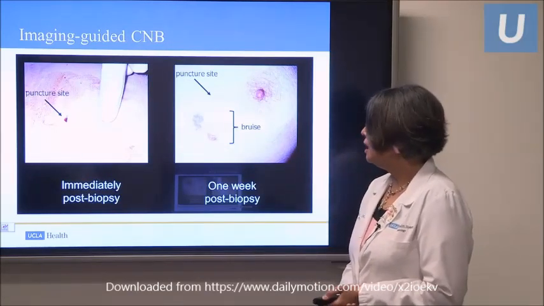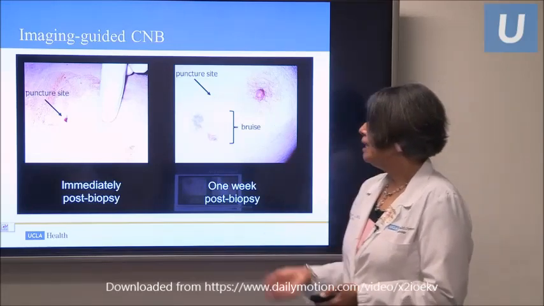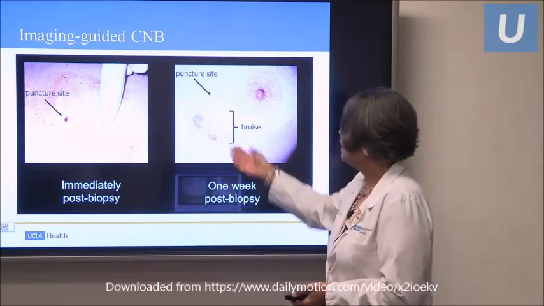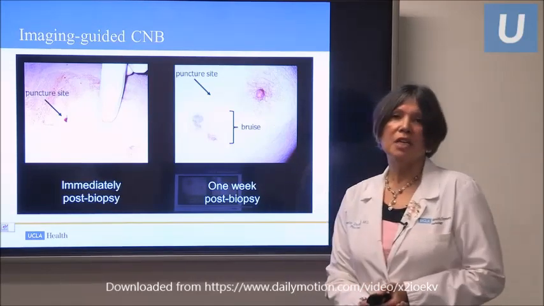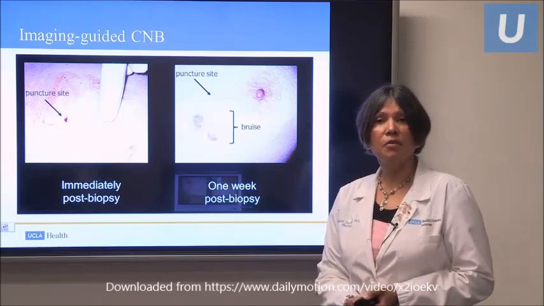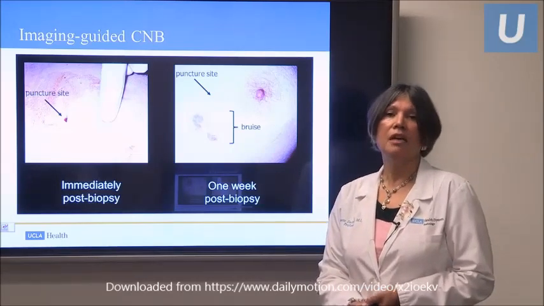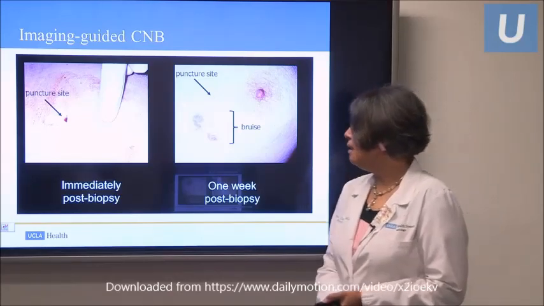And immediately post-op, you might see the puncture site. That would be the small site. There might be swelling and may be a little bit of bleeding. And then later on, you'll have bruising from the bleeding because we actually took tissue. But with the core needle biopsy, for a benign biopsy, it is a lot better to have this type of result as opposed to having a scar and having to go to surgery and anesthesia to find out that the finding is benign. So we can do this